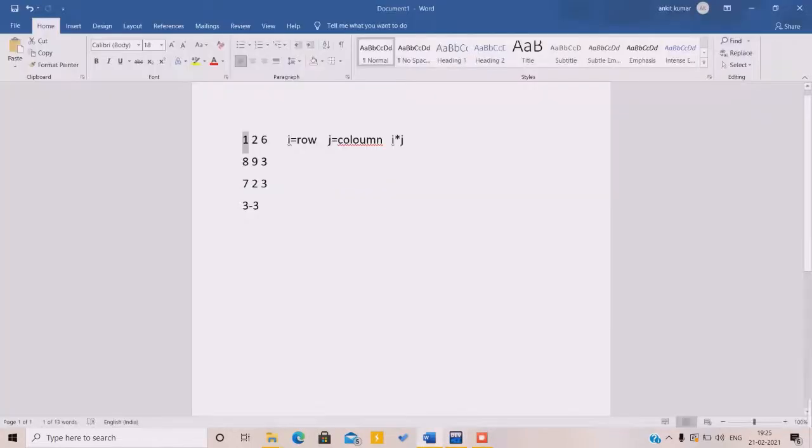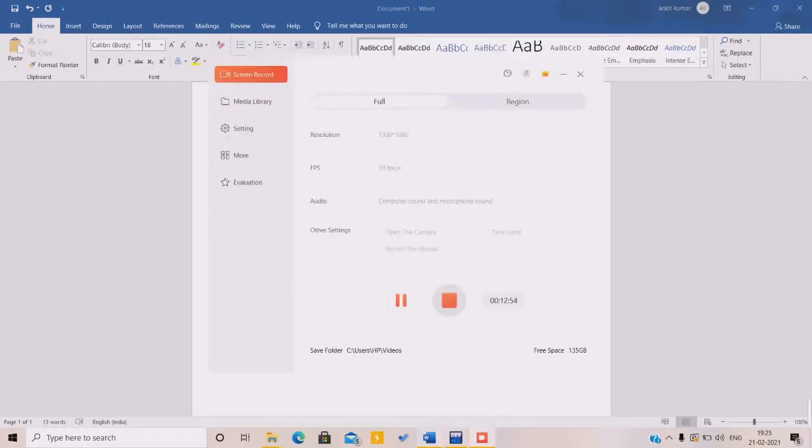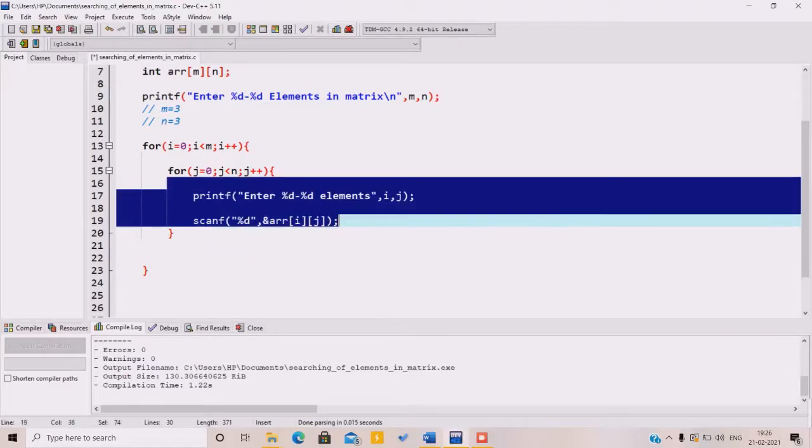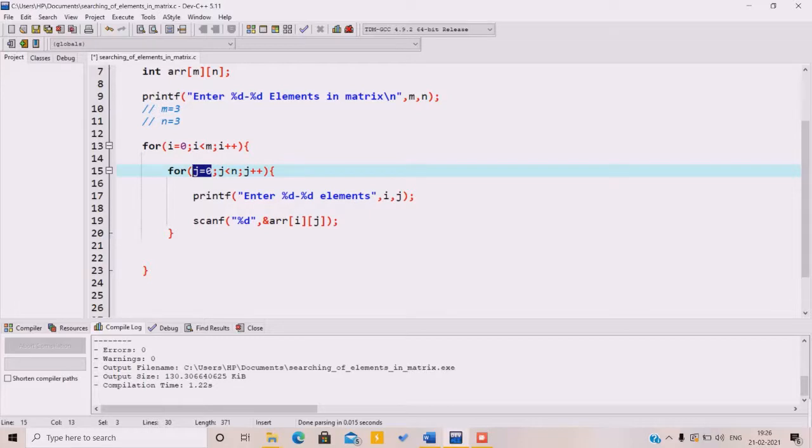Here row number 0 is this row, sorry. So this is row 0 and this is column 1, that is 2. So this time it takes 2 as an input. The same thing happens again and again until it takes input of all the elements. This inner loop is for taking input from every column, j is equal to 0, j less than n.